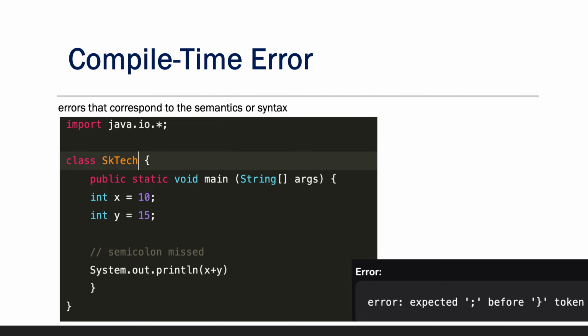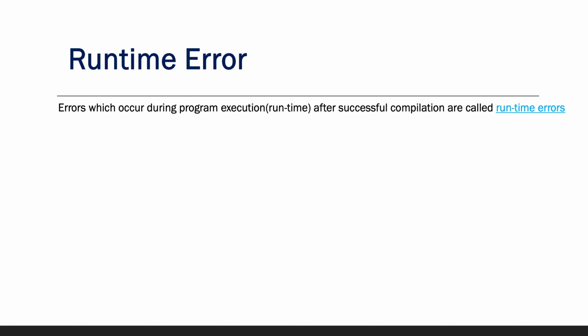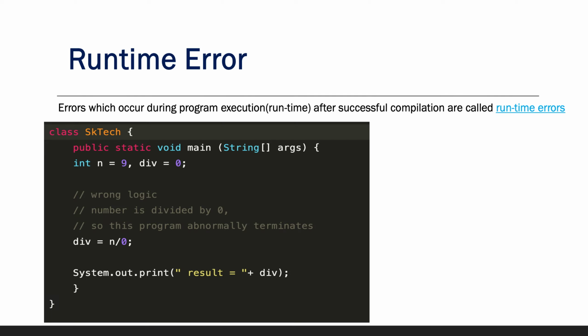Okay. Now let's move ahead and see the next type of error, that is runtime error. So what is a runtime error? This error represents the inability of the computer system to execute a particular statement. For example, insufficient memory to store something, or inability of the microprocessor to execute some statement comes under runtime error. And this is why we call it runtime error, because this is detected at runtime by the JVM.